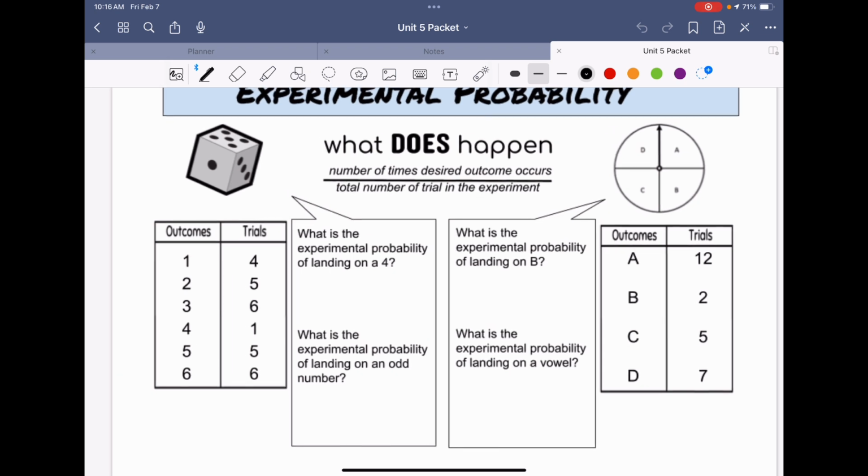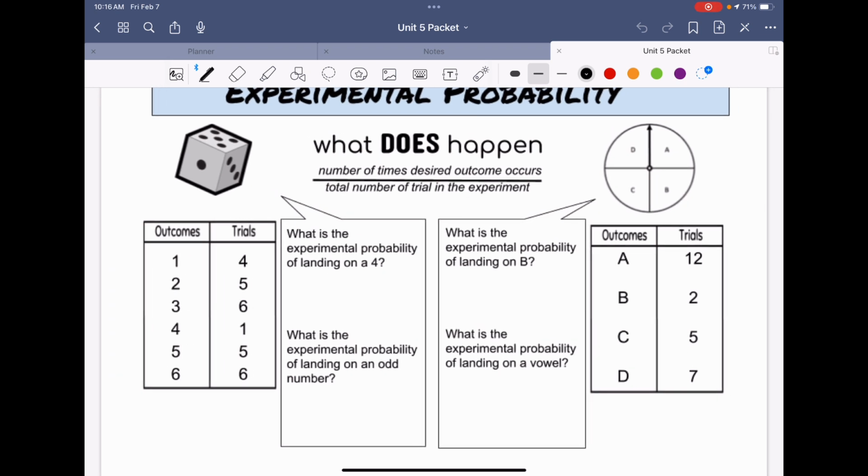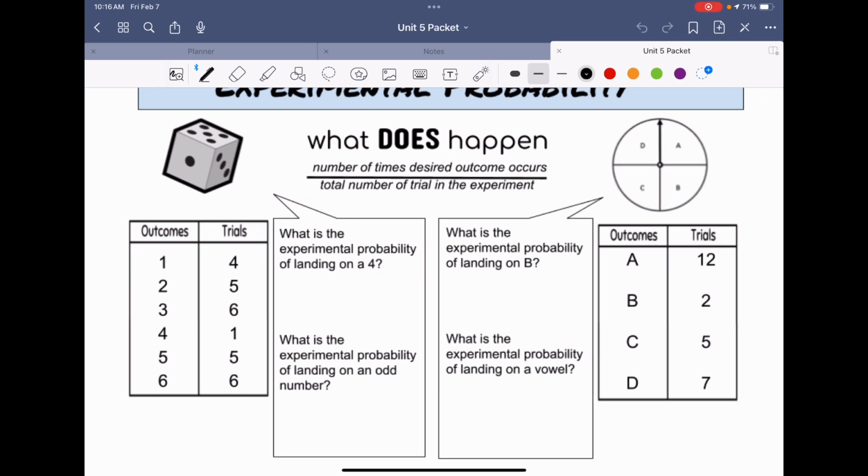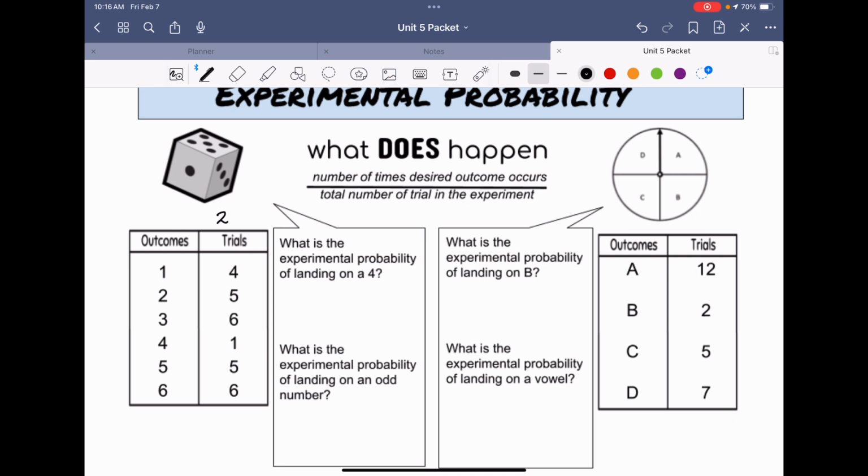It says, what is the experimental probability of landing on a 4? So if I take a look at all of our outcomes, we've got 1, 2, 3, 4, 5, and 6, and we rolled the die a total of 27 times. I've got that because I did 4 plus 5 plus 6 plus 1 plus 5 plus 6. And in total, we get 27